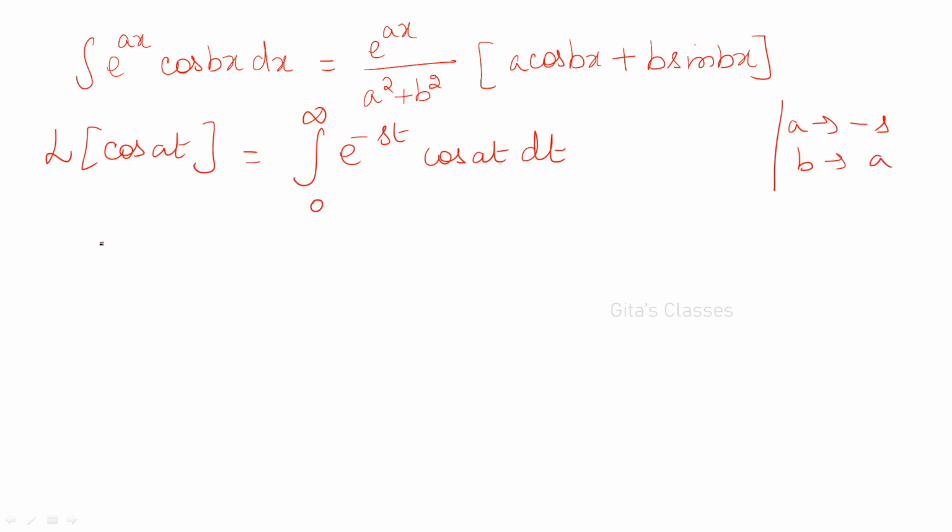So this is equal to e power minus st divided by (minus s) whole squared plus a squared, into e power, a is minus s, so minus s cos, in the place of b we have a,